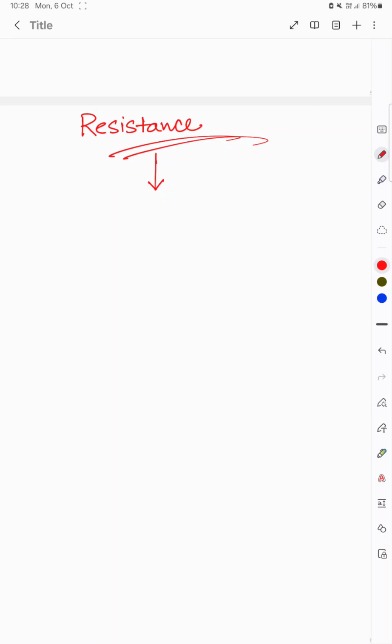Now we will be talking about the concept of resistance. Resistance means obstruction. Obstruction. Tell me, is it good? Many of you will be nodding your heads negatively, that no, it's not good. But